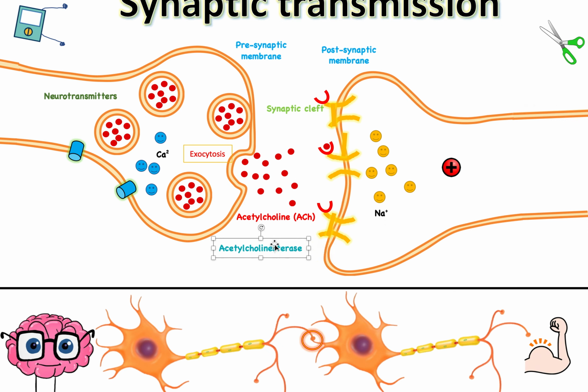So acetylcholine esterase is an enzyme, and we know that because it ends in ase. Anything that ends in ase is an enzyme. An enzyme is something that makes a reaction happen, right? So in this case, what reaction does this enzyme want to do? So it behaves like a scissor, okay? And we can see in the name acetylcholine, and we know this is acetylcholine. So acetylcholine esterase is an enzyme that breaks down or recycles acetylcholine, because we don't want acetylcholine to stay in